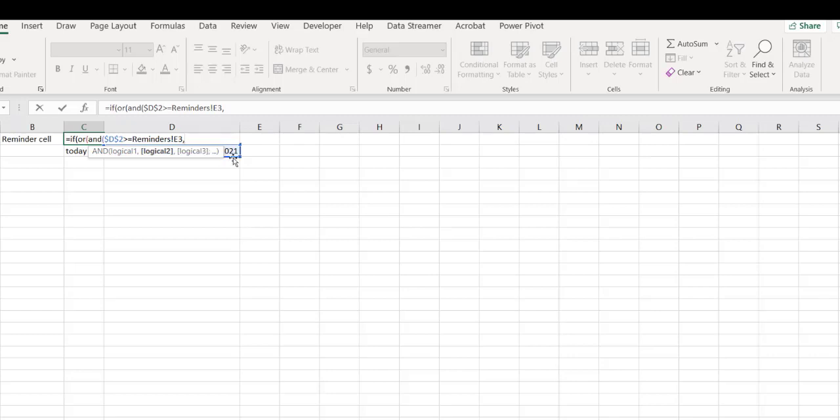So once again, we have D2, and it's an absolute address, is less than or equal to. Reminder is F3. And we just repeat this pattern throughout the E4, F4, E5, F5,